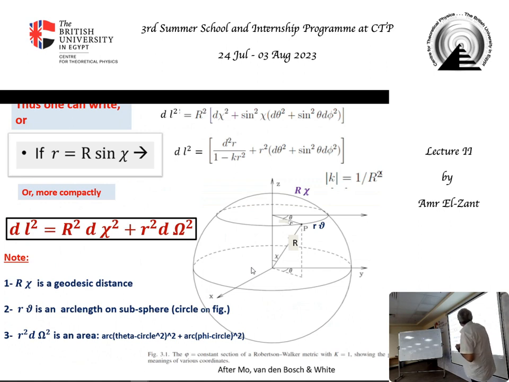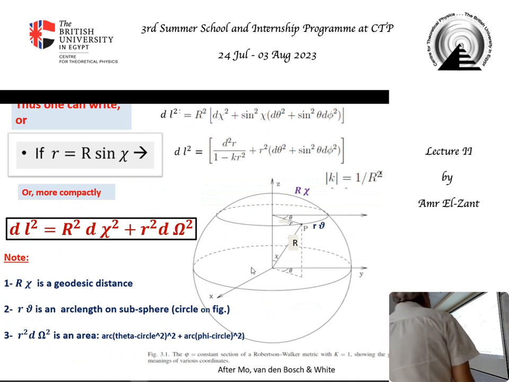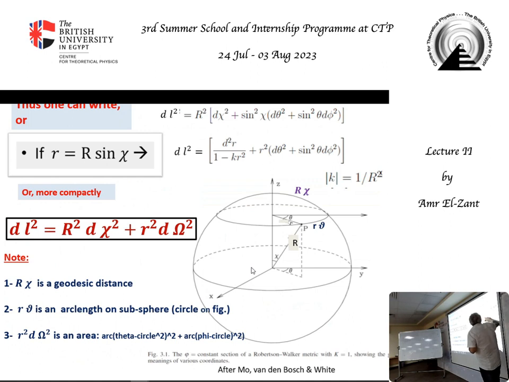So what is this geometry? You can also write it with an angle part multiplying r squared. This gives you an area, and this gives you the square of an arc length. So what is this arc length? It's a geodesic distance on the sphere. Now this is really a three-sphere, but we can draw it as a two-sphere. So this is the geodesic distance. This r is the Euclidean projection. The Euclidean projection is equal to the geodesic distance if k is 0. Otherwise, it's not. This is important for measuring the curvature of the universe, but we're not there yet.